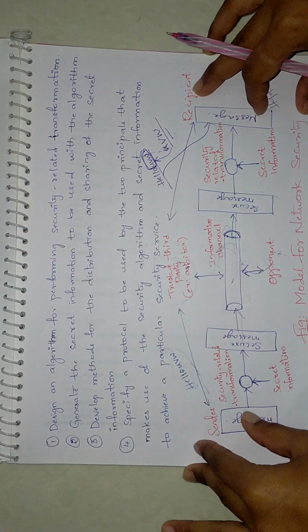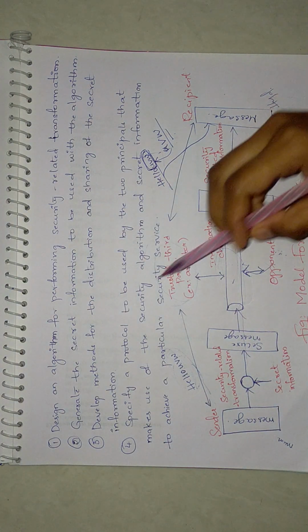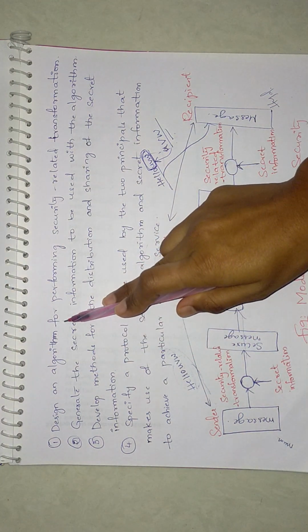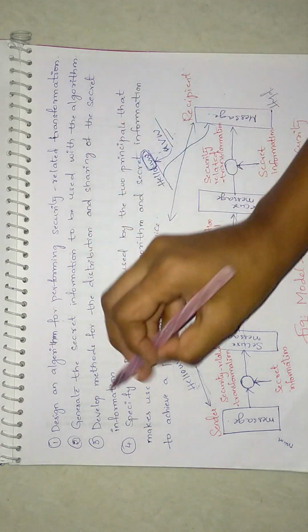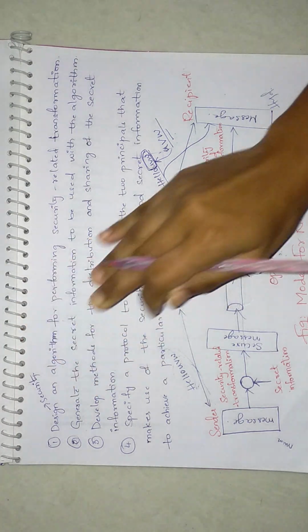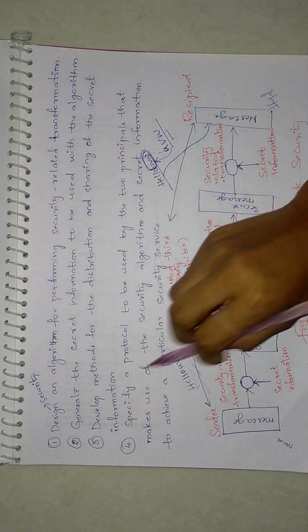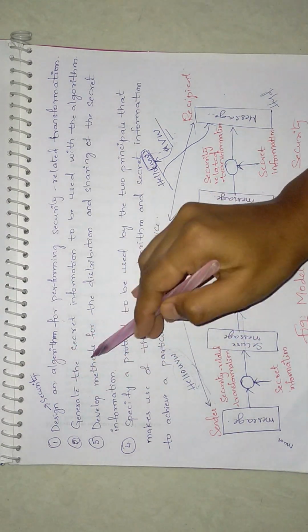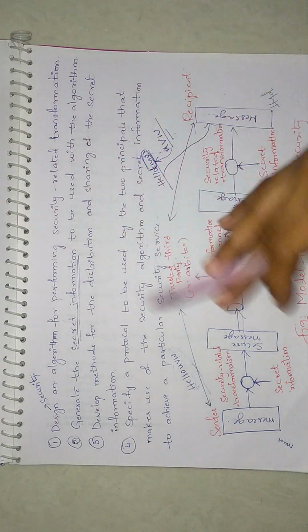Now I have told you there will be some principles to generate this secret information, right? So first, design an algorithm. One type of algorithm will produce one type of secret information, and depending upon the algorithm, the security will be different. This is for security. The algorithm should be the same on the sender side and the receiver side. And after that, using that algorithm, they will generate some secret information which should be used with the message here.